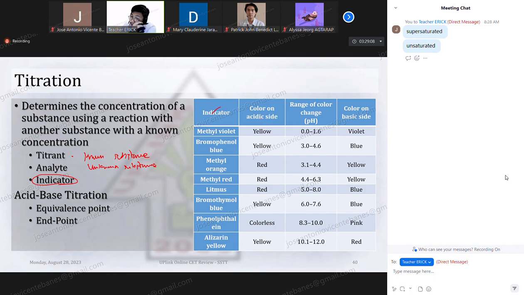Now, the question here is, sir, do we need to memorize this? Not necessary. They will always give you the statement. Like, for example,